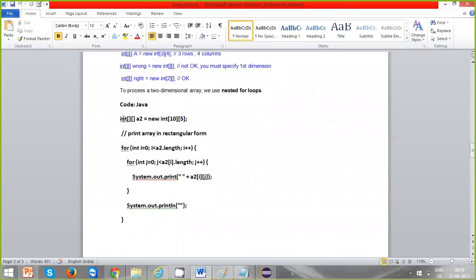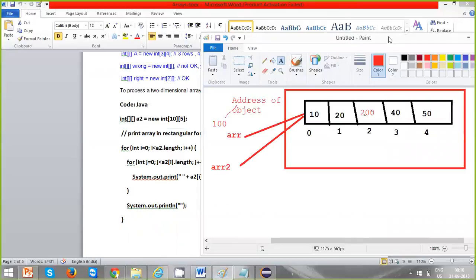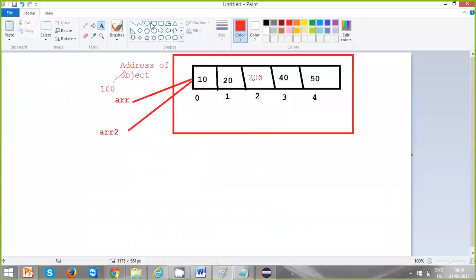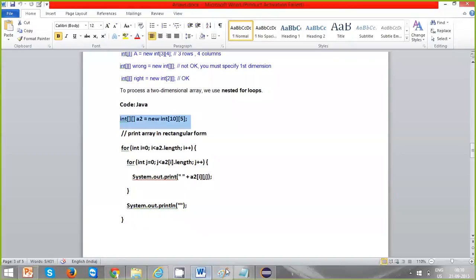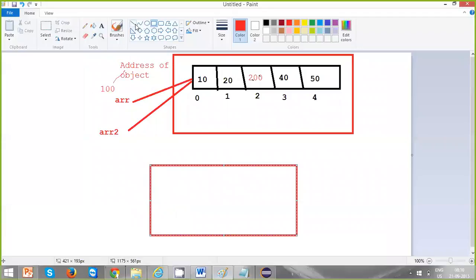Let's say I'm going to create a two-dimensional array with number of rows 10 and number of columns 5. It's a very big array. So let's take an example of creating a double dimension array with 3 by 2, 3 rows and 2 columns. Just for the example, I'm going to take a 3 by 2 array, that is nothing but 3 rows